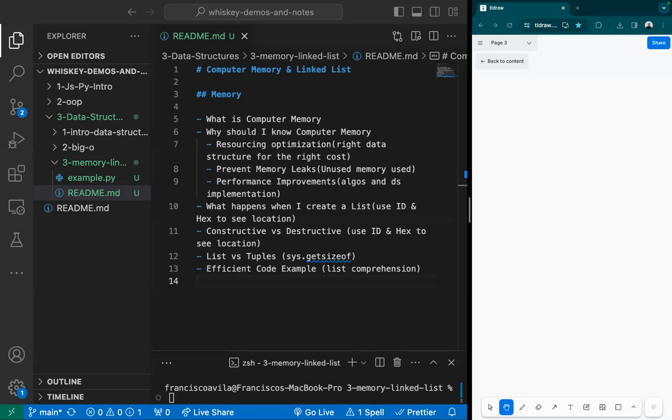So moving on. Why is it important for us to know about computer memory? How does that change my ability to code? Well, there's a couple of things here. There's something called resource optimization, right? And I have a little note there that says right data structure for the right cost. So if I'm choosing to create something,